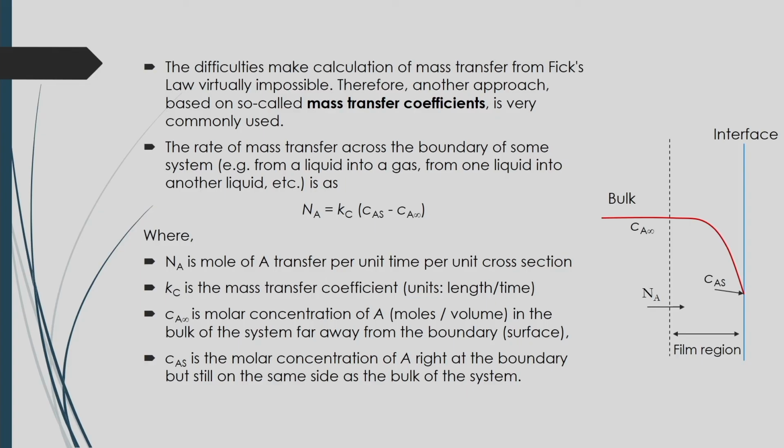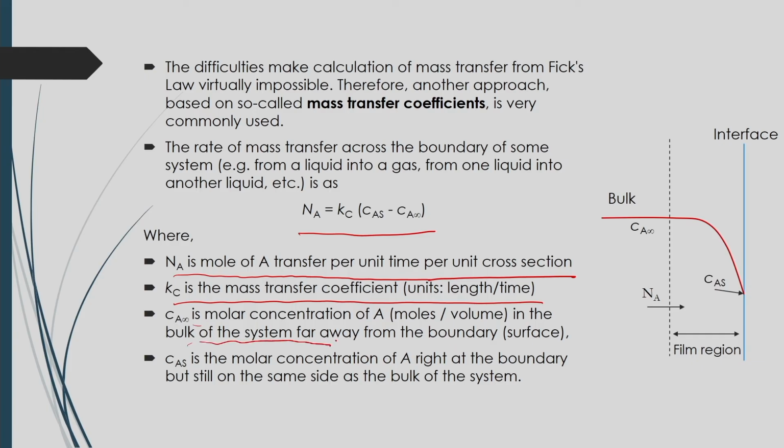The rate of mass transfer across the boundary of the system, from a liquid into a gas, or from a liquid into another liquid, or from a gas into a liquid, can be represented mathematically as Na equals Kc into (Cas minus Ca infinity), where Na is the moles of A transferred per unit time per unit cross section, and Kc is the mass transfer coefficient, with units of length per unit time,